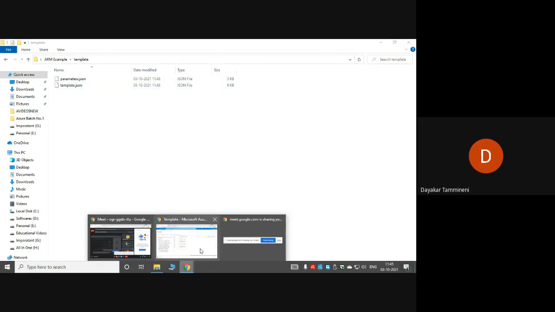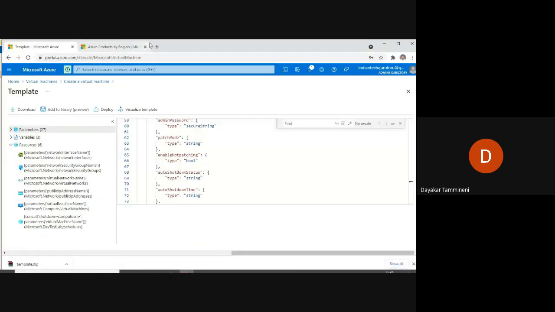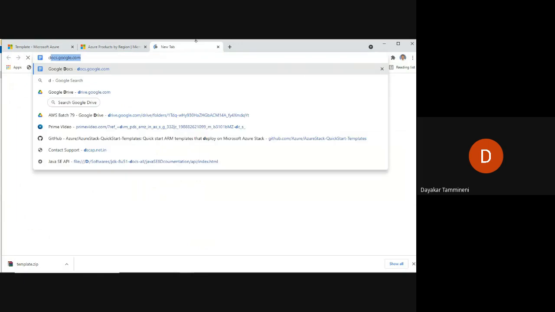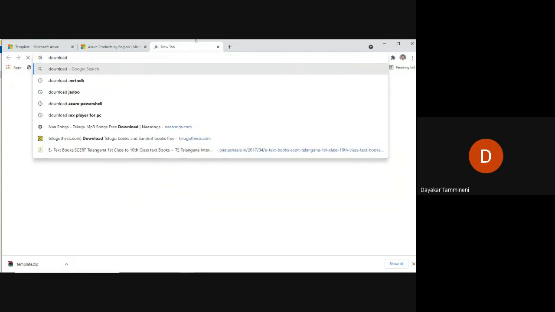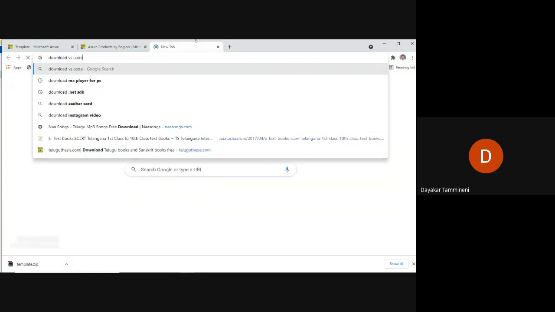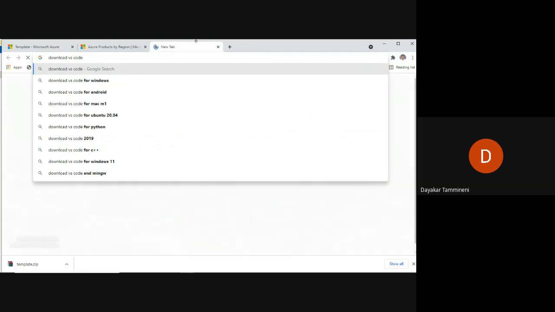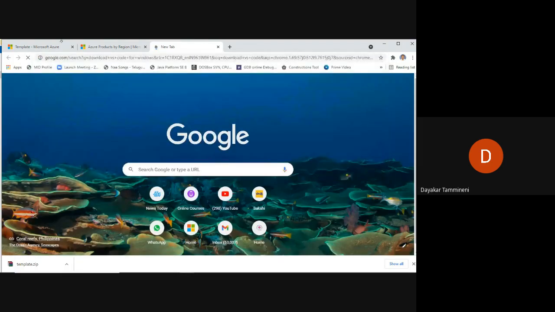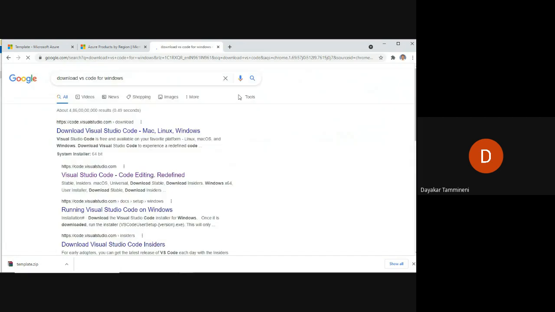Just go to the browser and click on download VS Code for Windows. Then you can download the VS Code editor, which is a popular editor.